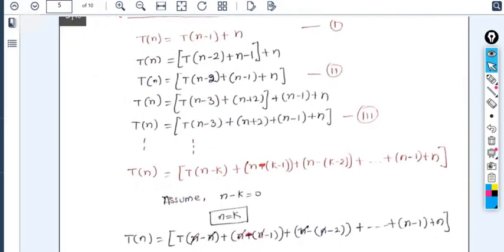So what about the substitution method? This was a recurrence relation that we know already. So take it as a first equation and replace the value here, T of n minus 1. Then again replace the value of T of n minus 2. One by one it will do the decrement up to kth time.